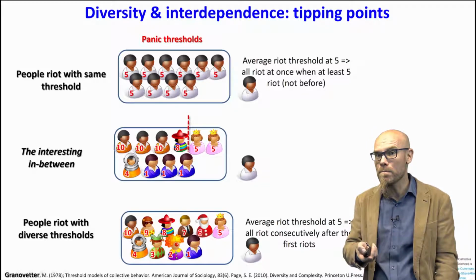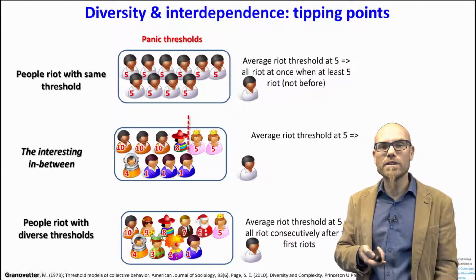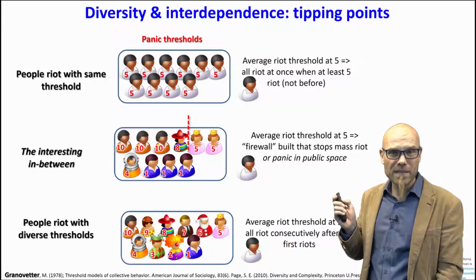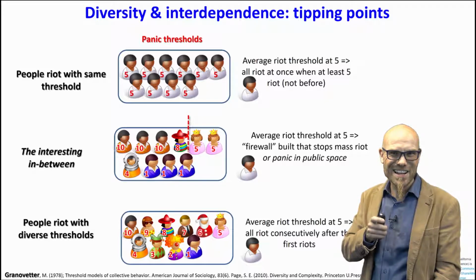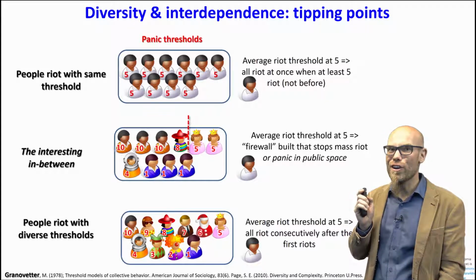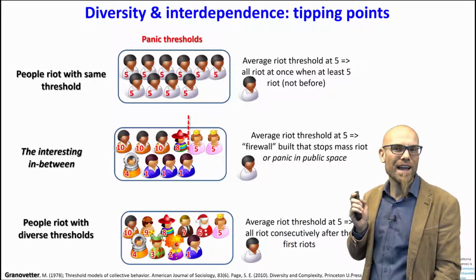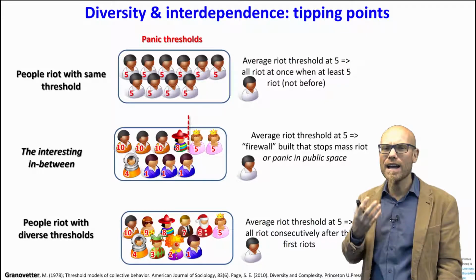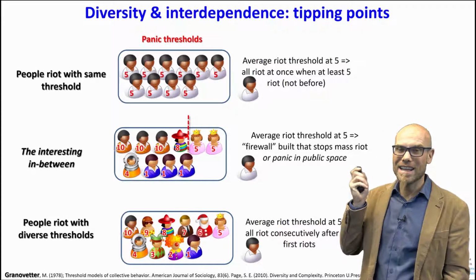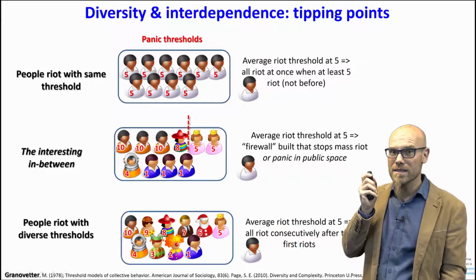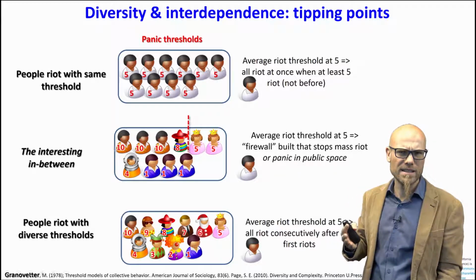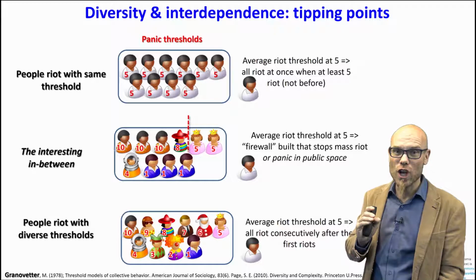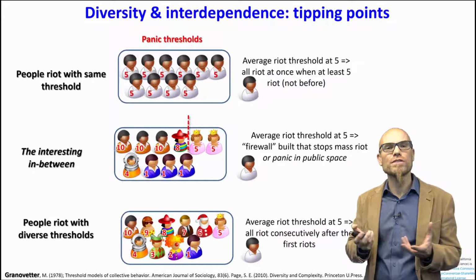And where does it come from? Well, it's from the interesting in-between of the diversity of the agents. As you can see, even in this middle model, and feel free to check for that, the average threshold of these 11 individuals is 5 again. That means if I would just work with the average of a variable, I couldn't distinguish the first behavior, nothing happens, from everybody suddenly running, the last behavior, where continuously something happens, and the middle behavior, where something happens and then it suddenly stops. I couldn't distinguish it without the diversity of the agents.